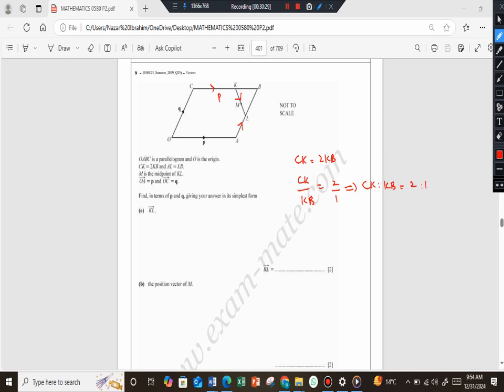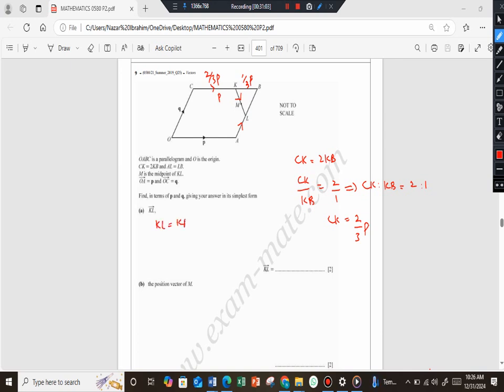Alright. So first, you know what CB is? CB is equal to P, as it's parallel to OA and equal. So CK is equal to 2 upon 3P. So 2 upon 3P is CK, and definitely this will be 1 upon 3P for KB. Right? Now to find out KL